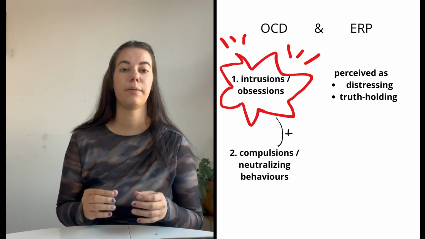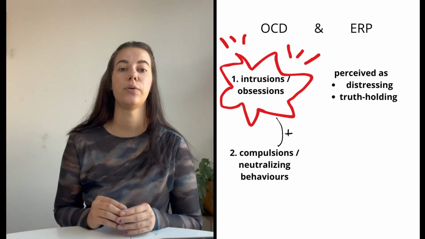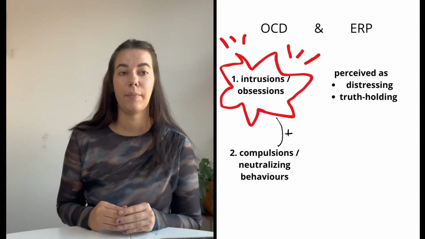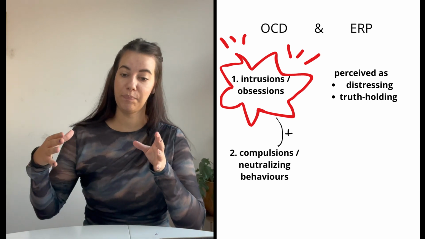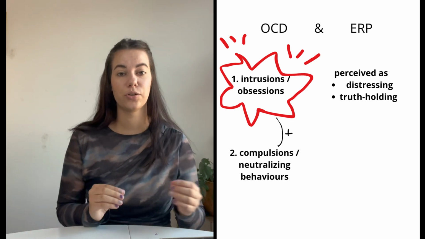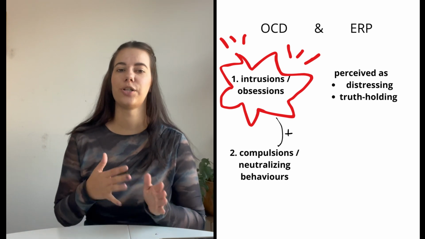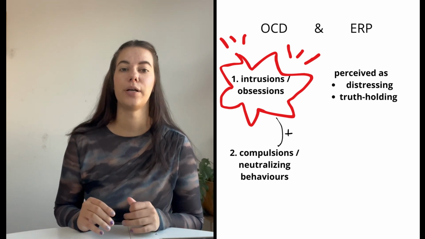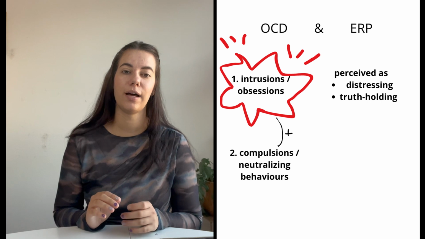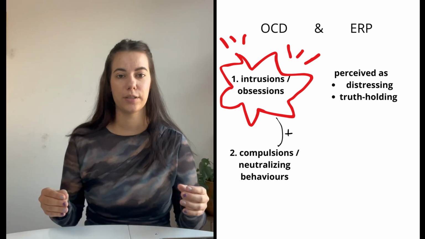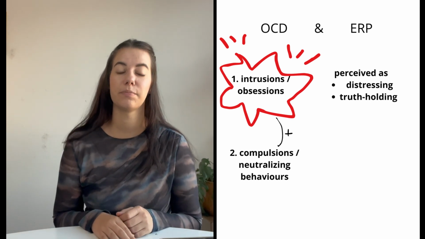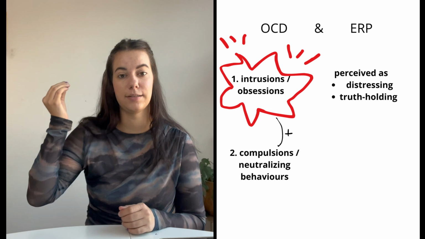Those compulsions can be visible, so we can observe them. An example is having things in a certain order, doing things a number of times, washing hands, putting away knives. We can have all kinds of outward compulsive behaviors,